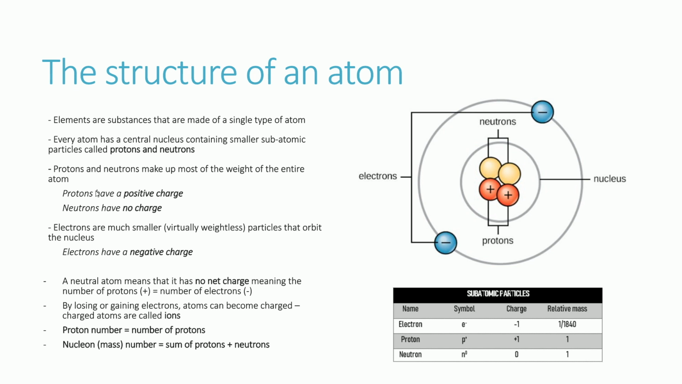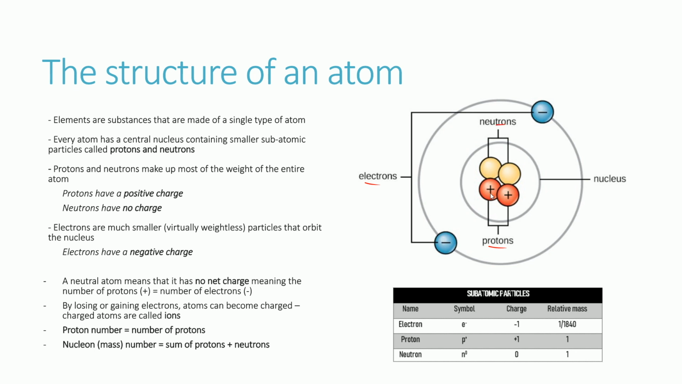Now, all atoms have this sort of setup on the right here. You've got the inner nucleus, which will contain what we call the protons and neutrons, and you've got these electrons that are in orbit around the nucleus. What's important here is that protons always have a positive charge, and electrons have a negative charge. In terms of the charges, the protons cancel out the electrons, and you've got neutrons that don't have